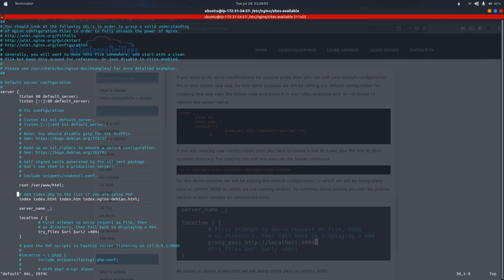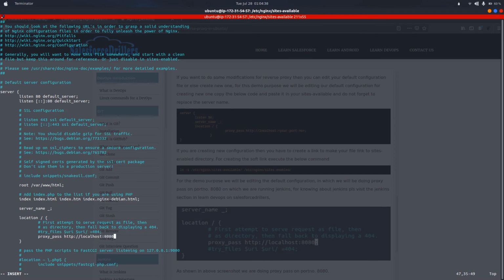Now we will enter our proxy pass statement here. In the server block, near location, this slash means root, so we will comment out this portion and here we will write proxy_pass http://localhost:8080, where localhost means the same server.